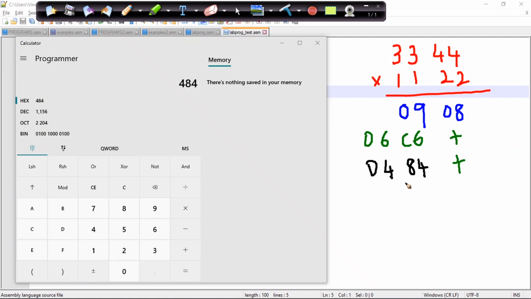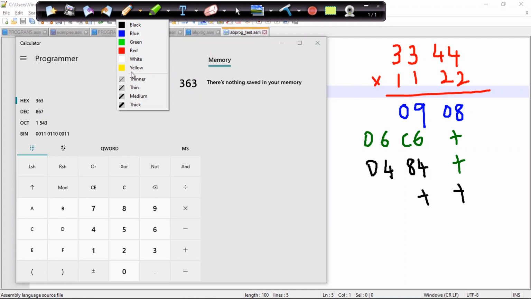Now again I'll be taking the next part, that is my 11 into 33. If I multiply 11 into 33, I'll be getting 0363. So again let me take that 0363. So here this will be the lower nibble, that is 63 over here, and then 03 over here.